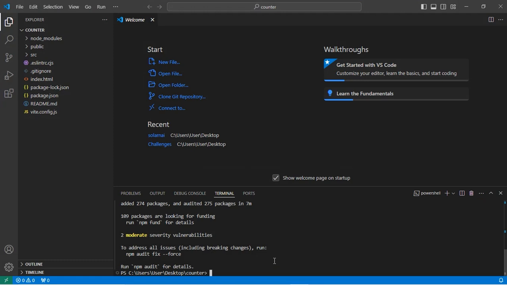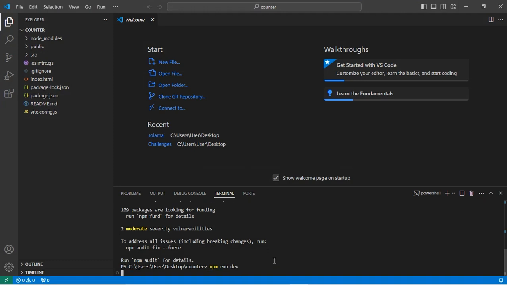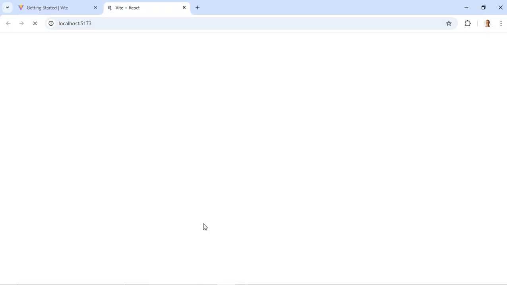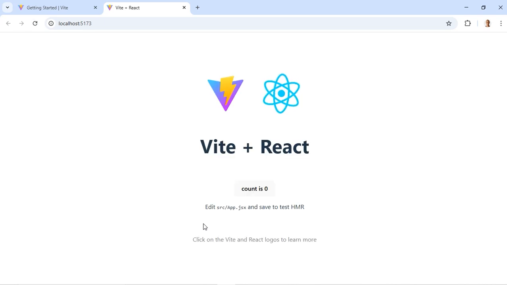I will now run npm run dev so that we can see our app in the browser. For this, I'll just Control and click. It should open in our browser, and this is the default application. So, going back to VS Code,